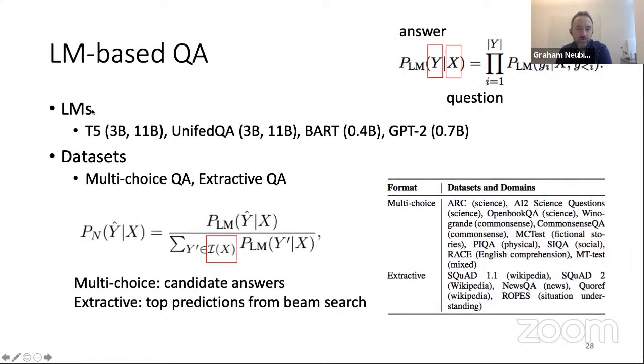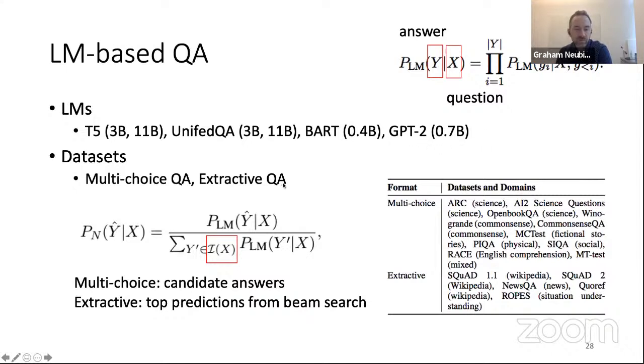So to go back to the previous slide, basically we tried this with a bunch of language models. One is the T5 pre-trained sequence model. We also have a model called the UnifiedQA model. This was actually trained in a supervised fashion on lots of QA datasets formatted appropriately, as listed over here. We also had BART, which is a smaller sequence model, and GPT-2, which is a non-sequence trained